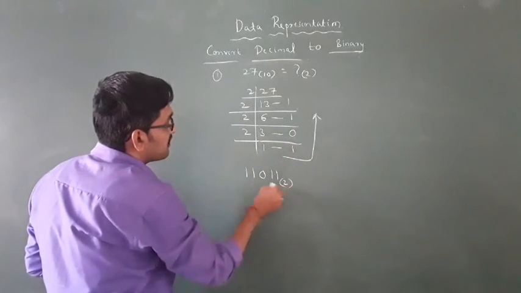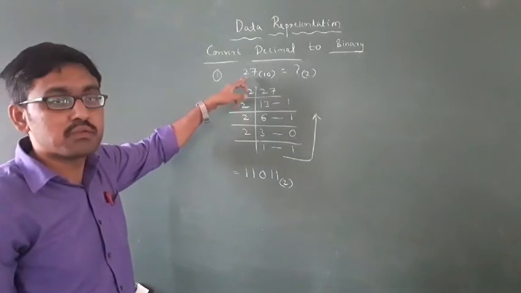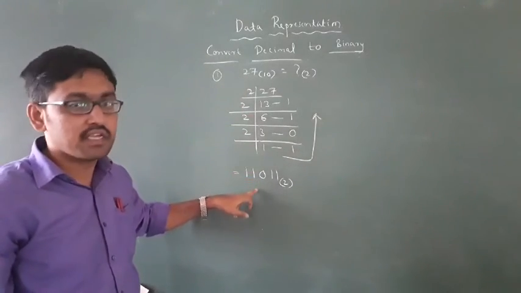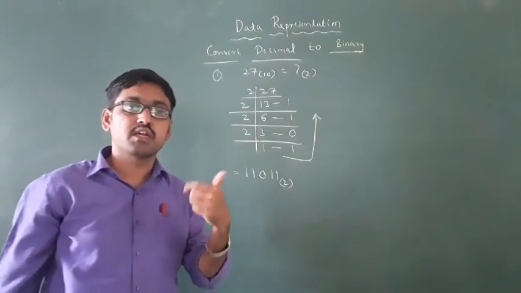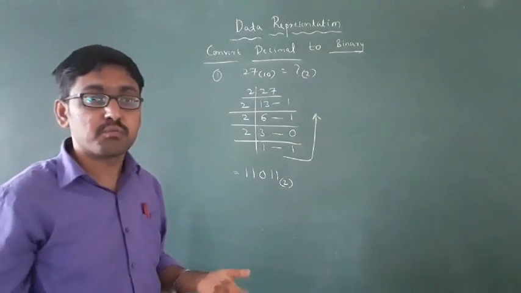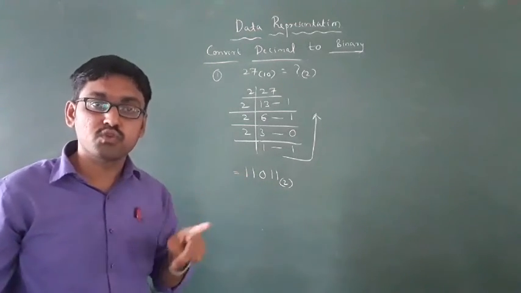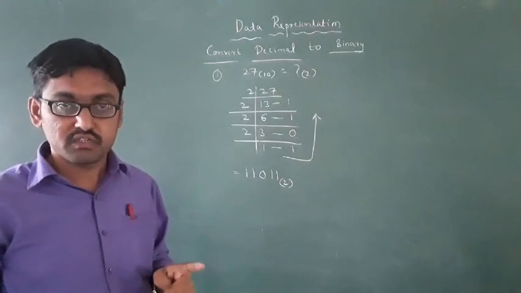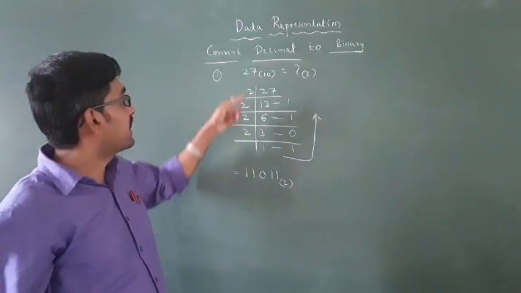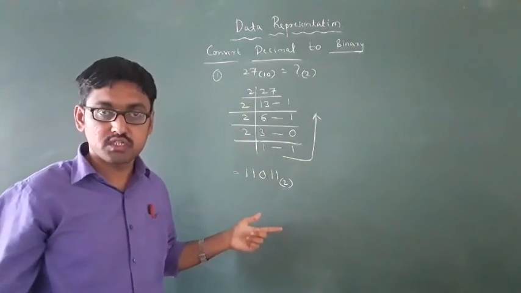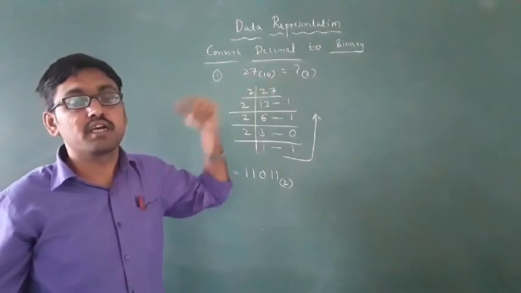Then you have to give the base. This is a conversion, I am converting this decimal number to binary. In a computer, if you type 27, it automatically converts it into binary format, that is nothing but 11011, because the computer knows which language? Binary language, that is 0 and 1. Got it? This is how 27 is converted into binary form.